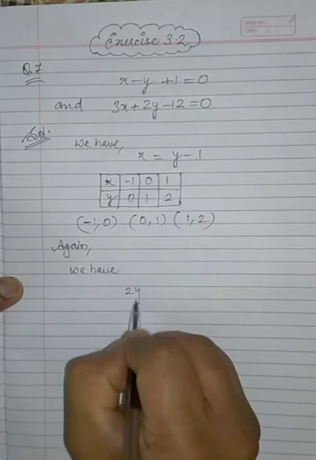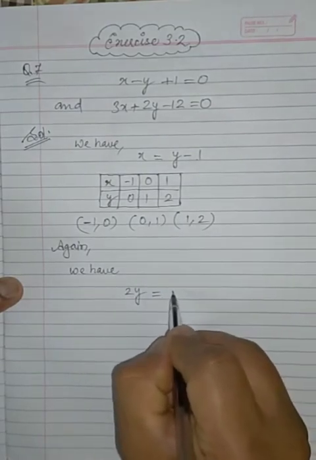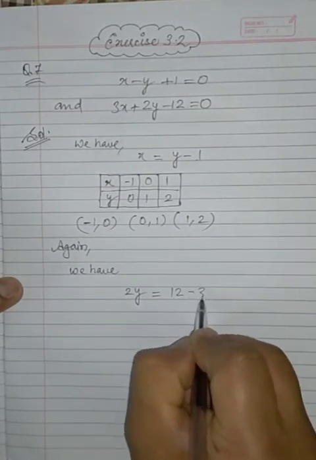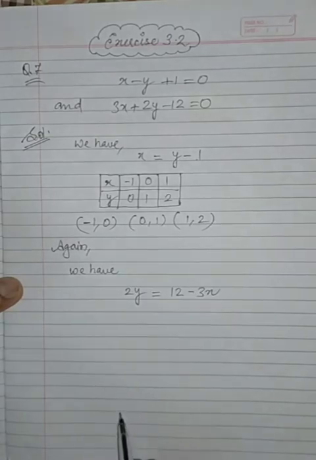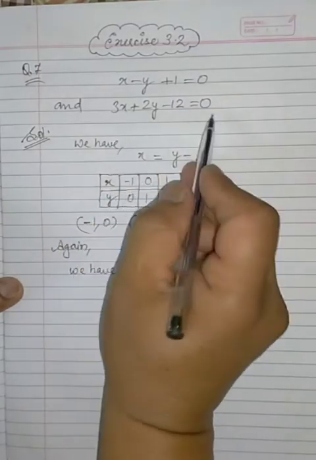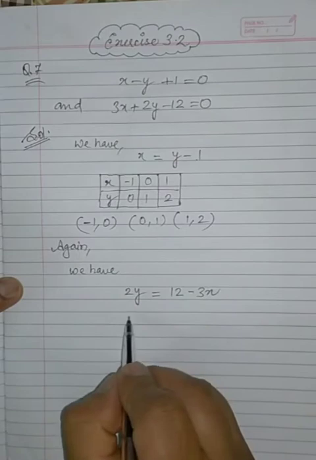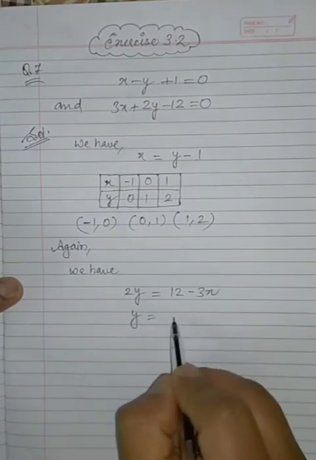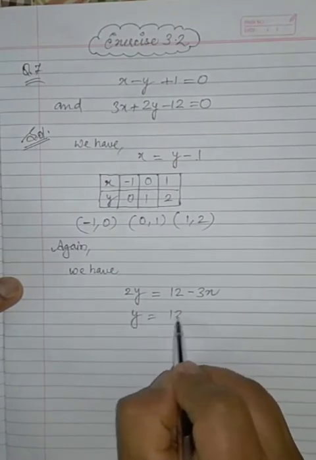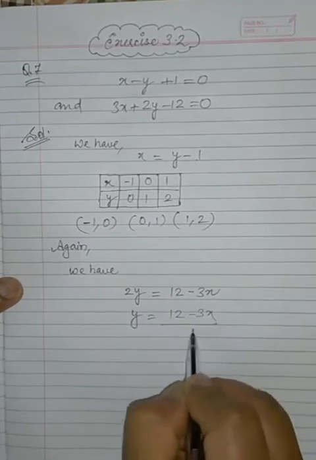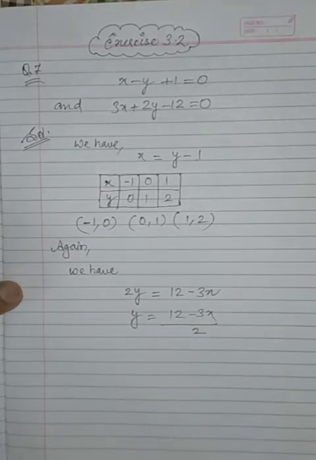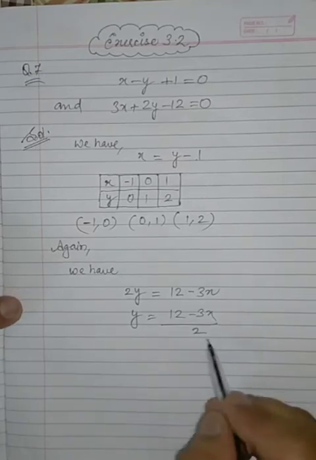So 2y is equal to 12 minus 3x. We can solve it for x also by transposing 2y, but since we have 2 in denominator, therefore it will be easy for us to solve them,